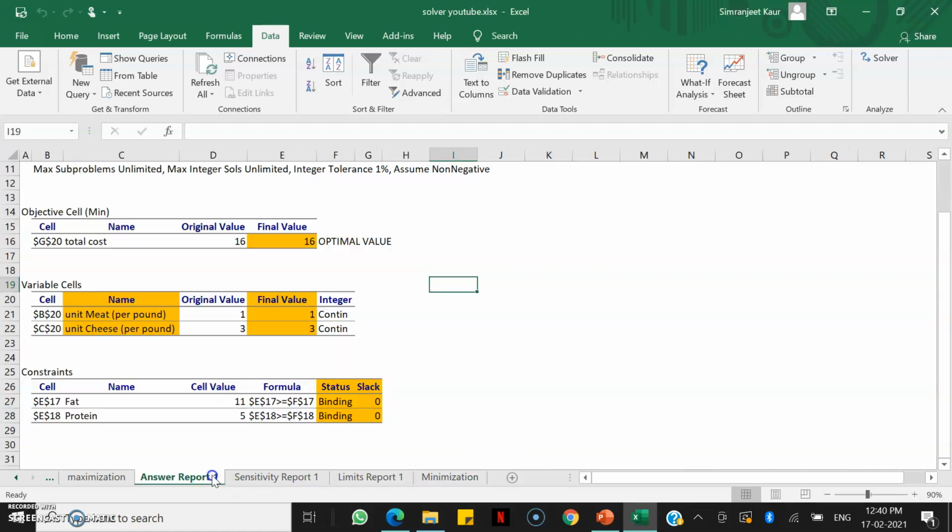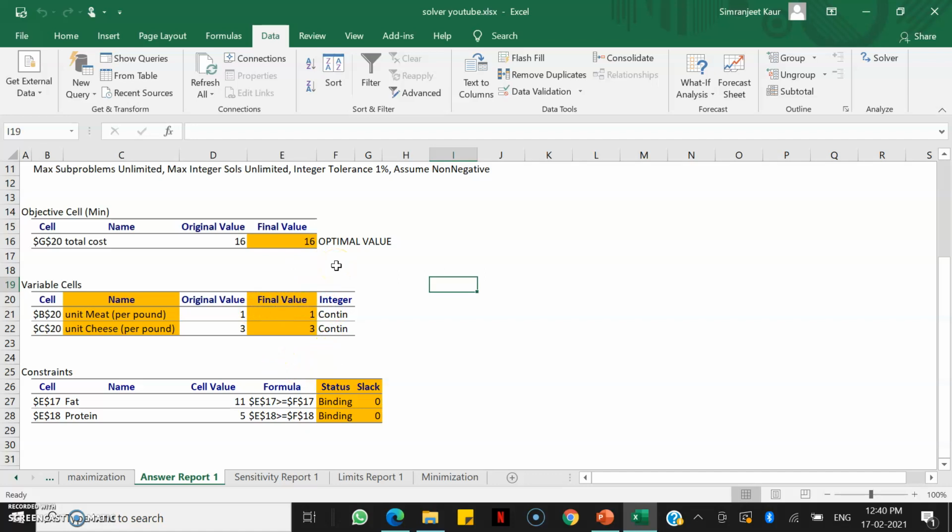But let's say I have to paste this information in some Word report, I can directly copy and paste it from these already made tables here. The next thing we have to understand is, since we have got our optimal value and the optimal resources to get